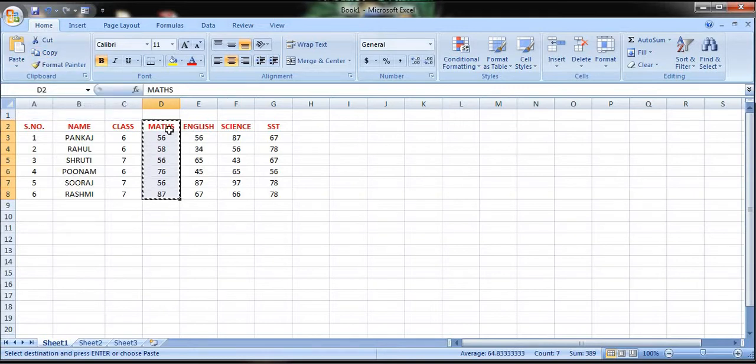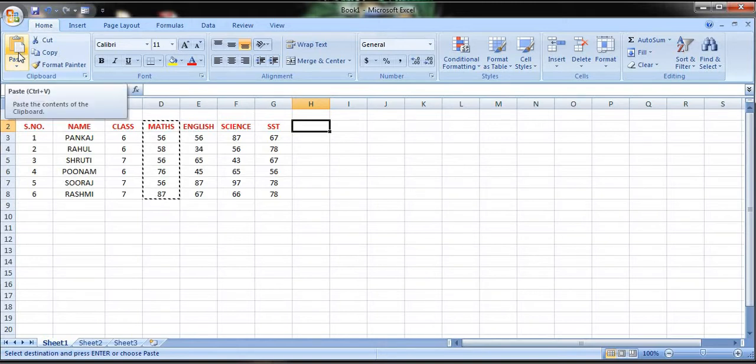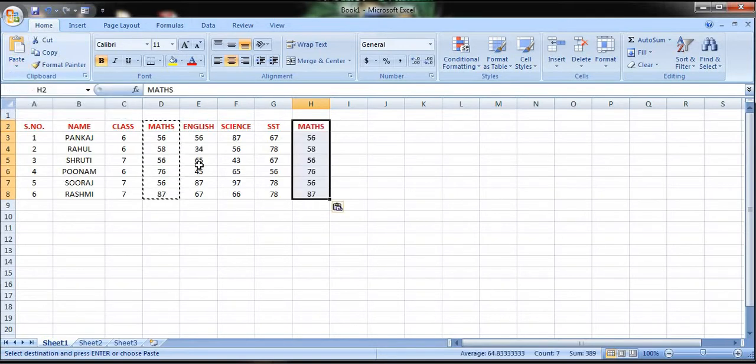So first, suppose I am copying, so I will click on this copy option, and after this I'll click here and go to the paste option in the Clipboard group. I will click on this. See, it is copied here also, right? So this is the copy option.